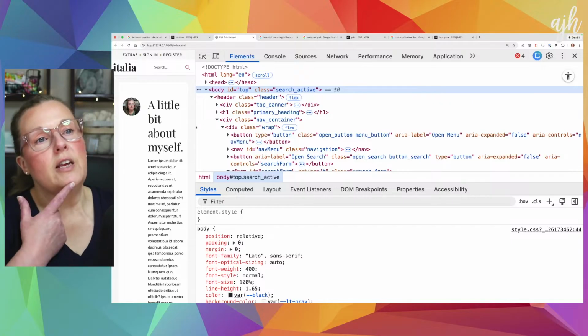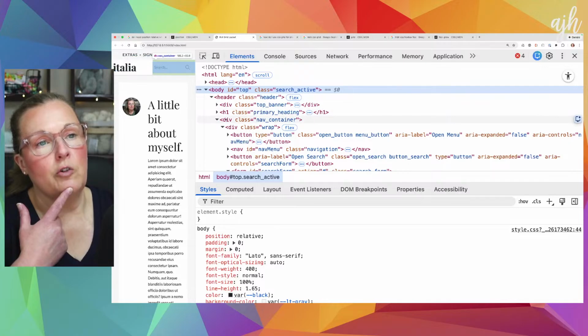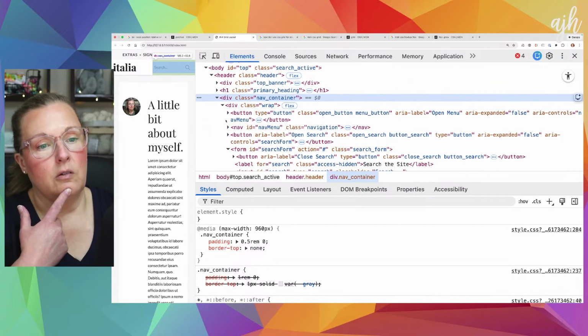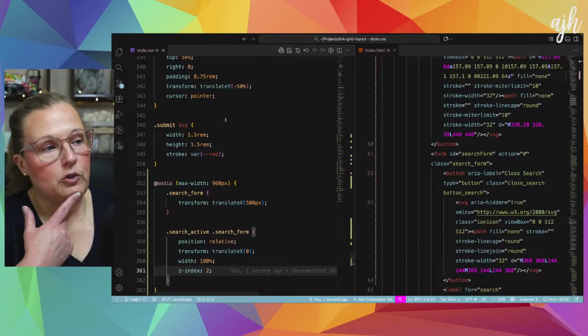Yeah, so we could take it out of the flow with position absolute. That might be the better way to go. So here's the nav container. If we made this position relative, so if something is position absolute, is it still flexible though once you paste it into place? Or do we have to just make sure that